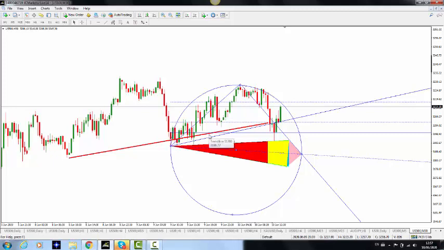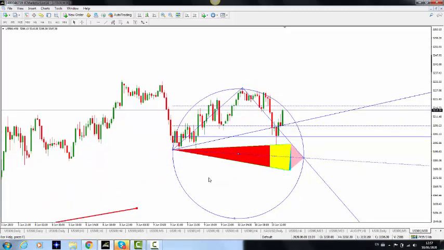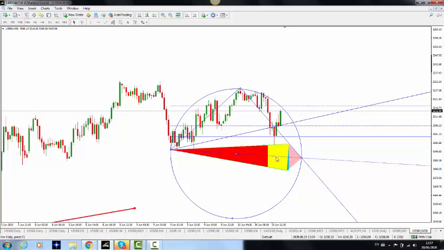So let's get rid of that. What that says to me is that I should be looking for a trade in the yellow zone, not the red zone, and I should be looking for it either on the edge of the triangle or in the middle of the triangle. Those are the two high probability areas where you should expect a reversal, and you can see in this example again it stopped right in the yellow zone, and then the market made a hammer and now it's moving up